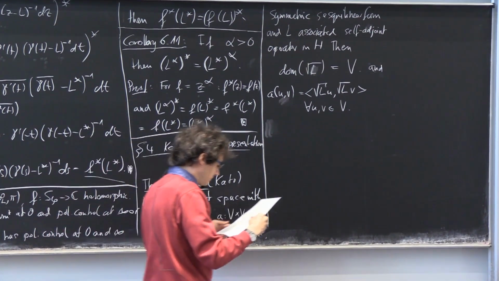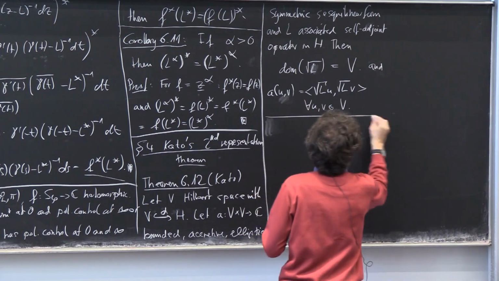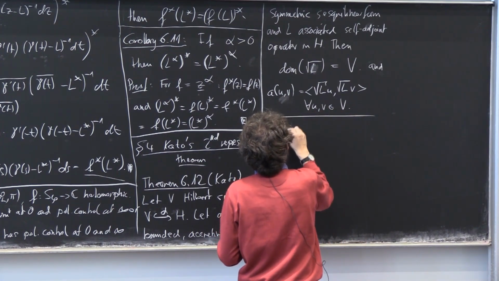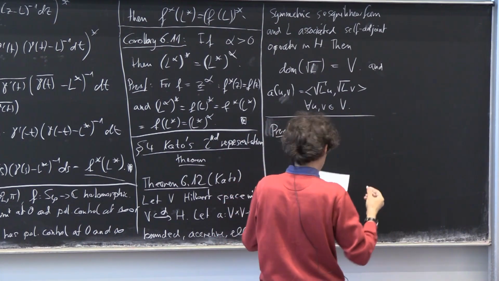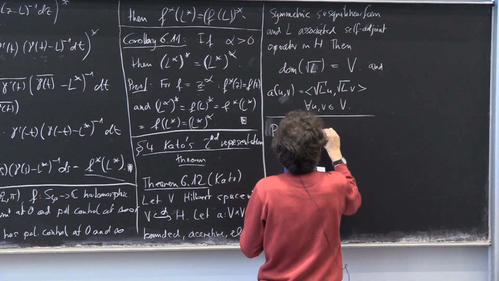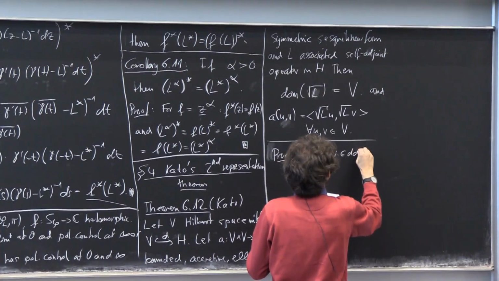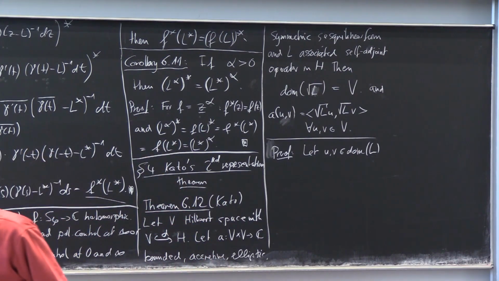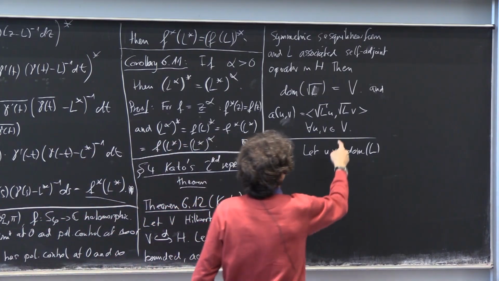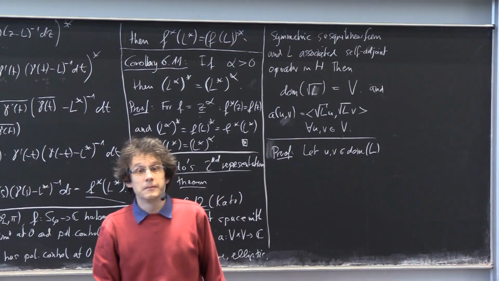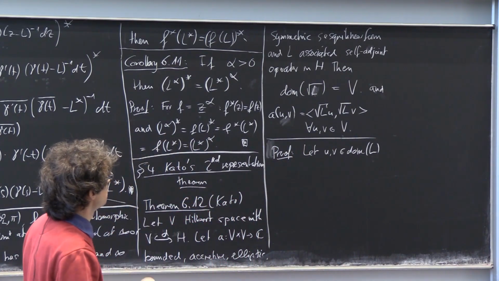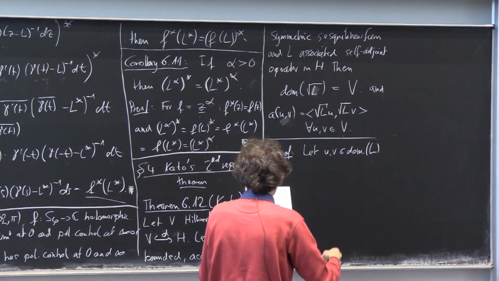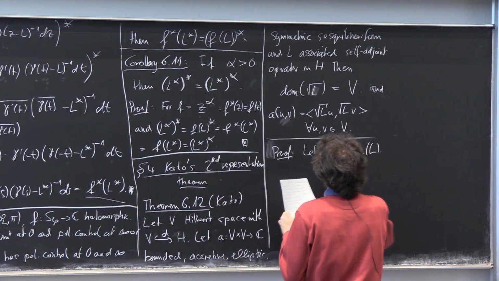And the proof is not that long, because everything is nice here. We first start this proof for the special case that u and v are in the domain of L. And later on we will get it to the domain of square root of L, so to V, with a density argument. But let's first do the calculation with u and v in the domain of L. Then